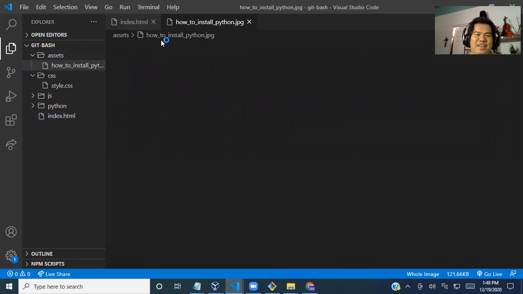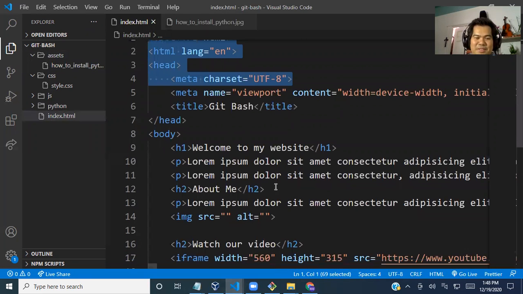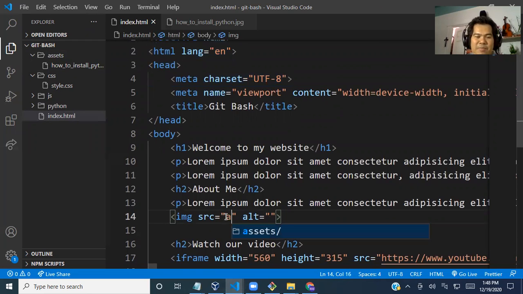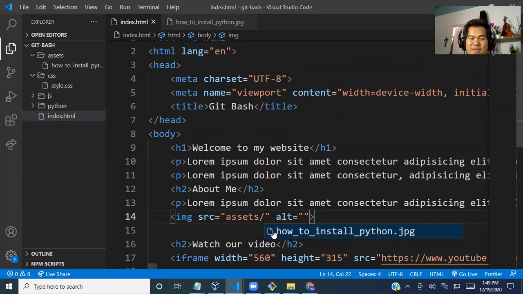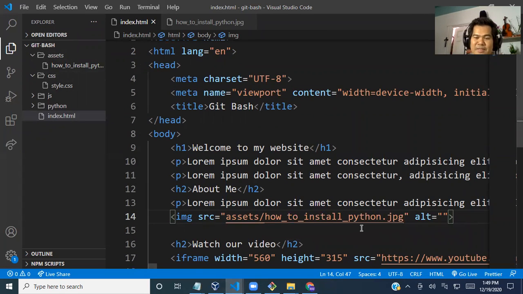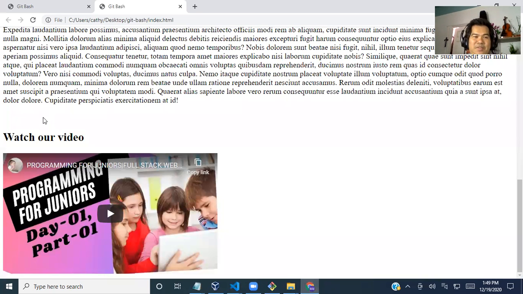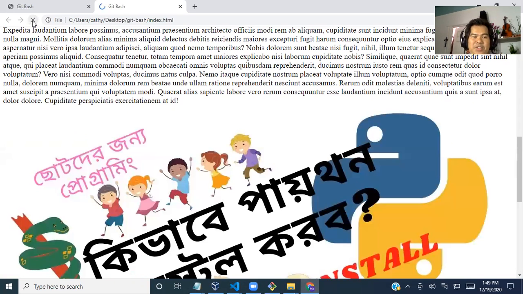Okay, and what I can do, go to image source, type assets. I'm telling the image tag or the browser the picture is inside the assets folder. Okay, and the name of the file is how to install Python. Okay, and there will be a huge picture right here when I refresh. See,